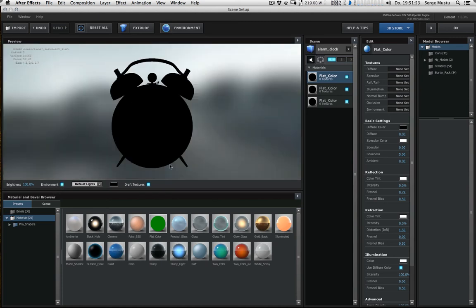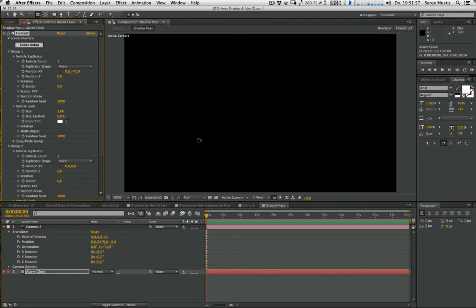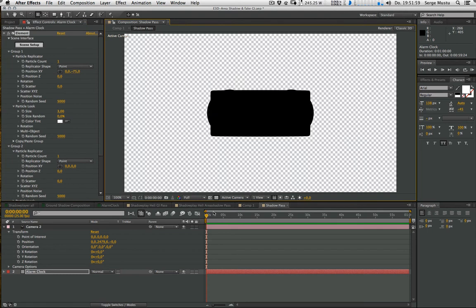Switch on the environment so we can see the object. As you can see, it's black. All right, okay, and switch on this button here to have a transparent background. Okay, now